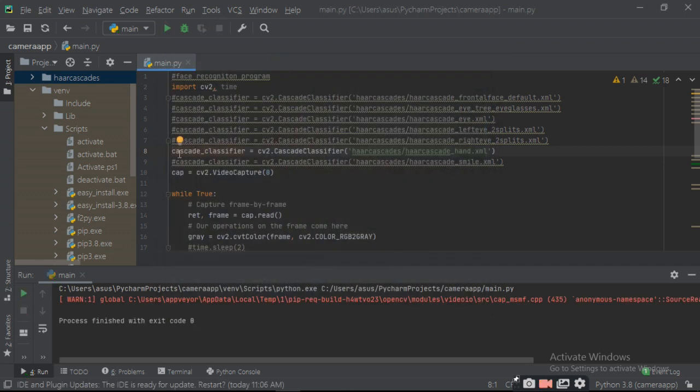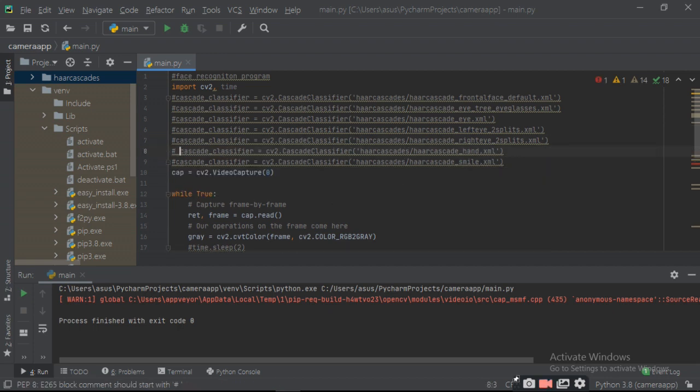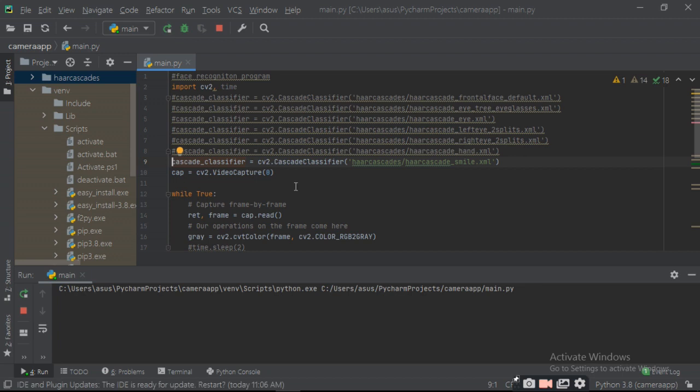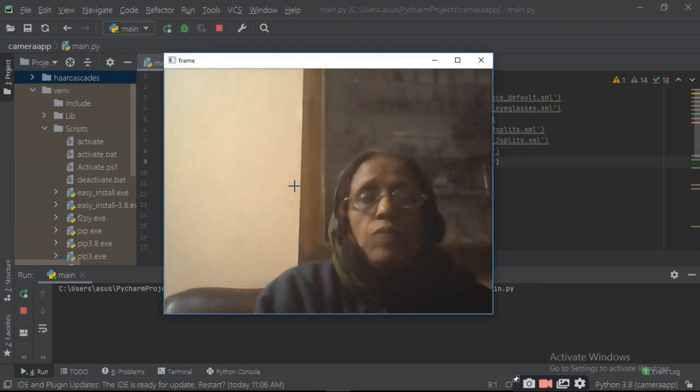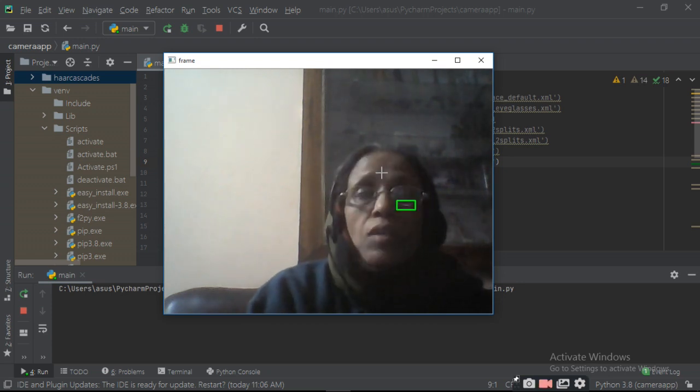Next, you can recognize a small portion also, but it is not so good at recognizing every small portion very well. But this time it is giving the lip movement and eye movement and all the small portions it is taking.